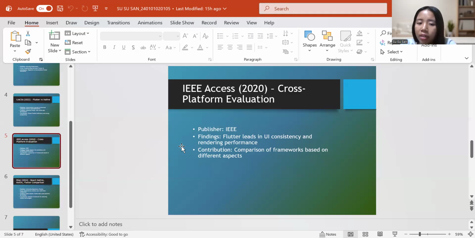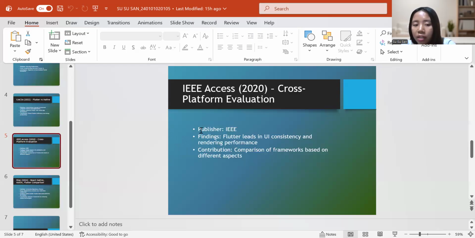This study compares several cross-platform frameworks, including Flutter and React Native. The researchers measured different aspects such as application performance, startup time, memory usage, and developer experience. The results show